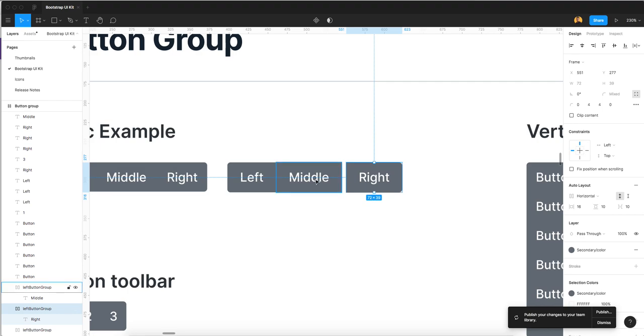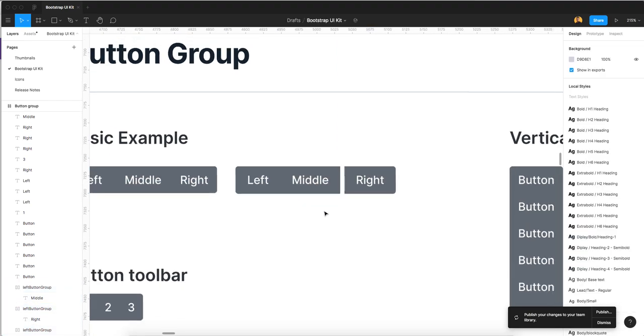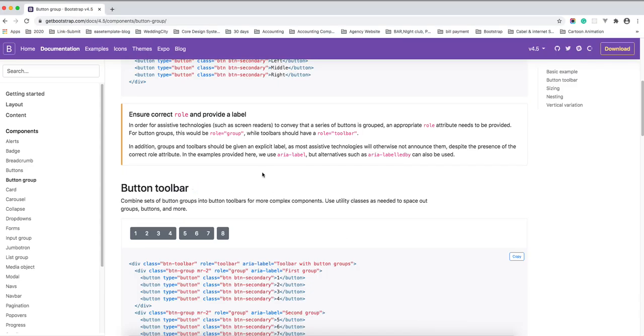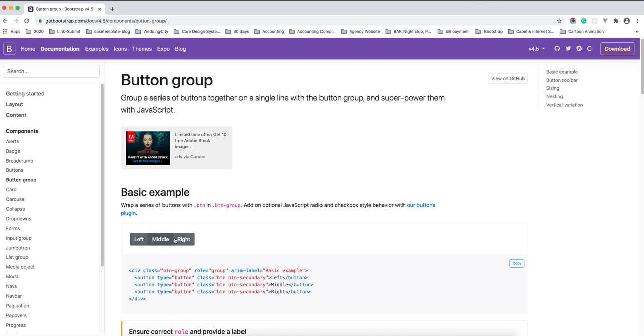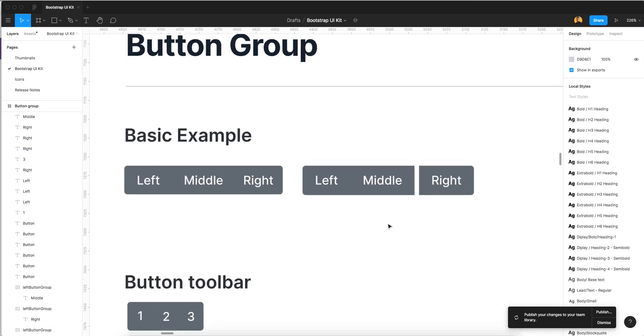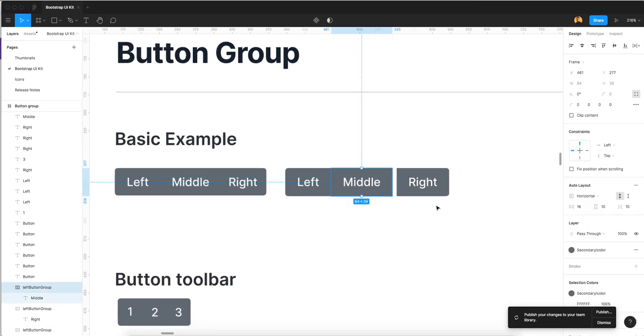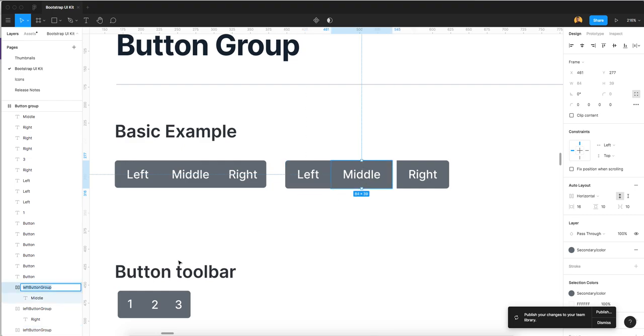now you will see these are three different buttons, and if you look at Bootstrap you will see these are a group of buttons. So I am going to create this as a group. First I select and change its name, so we can easily understand: middle, and this will be right, and this will again be changed to left.